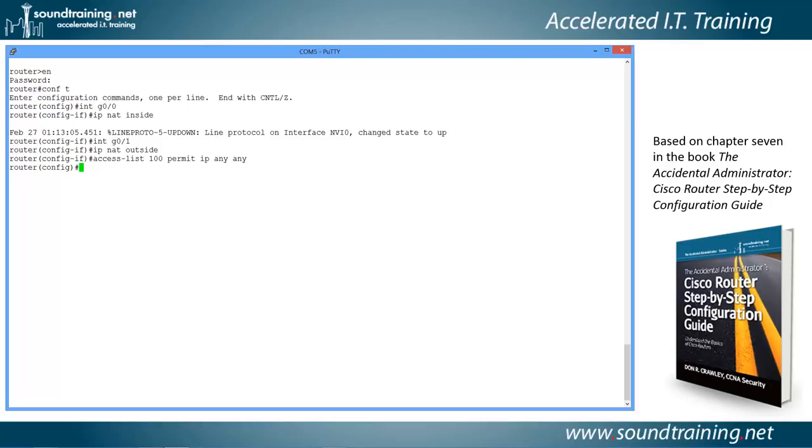Now we have to apply it to the outside interface, and we're going to do that with the command ip nat inside source list 100 interface G0/1 overload. What that does is that says apply the access control list that we just configured, numbered 100, to the outside interface, in this case interface G0/1, and enable overloading, which is another way of saying port address